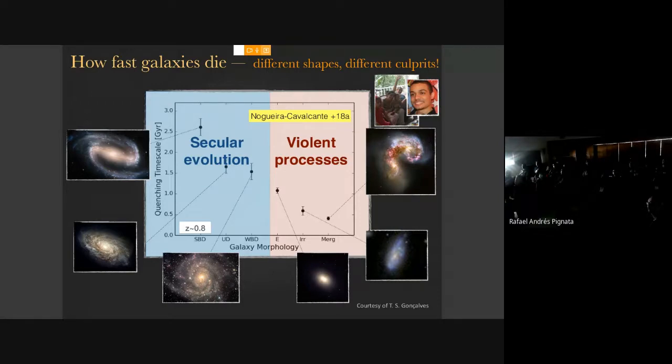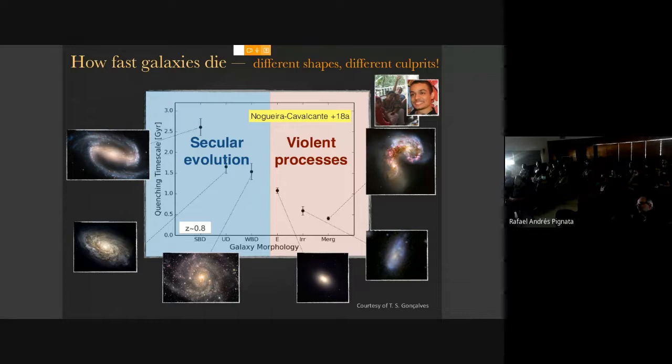This is just one of these results. This is work by João Nogueira Cavalcante. He was a PhD student of mine a few years ago. And basically, this is just galaxies at a given vertigo of 0.8. These pictures are merely to give you an idea of what kind of galaxies we're referring to here. He looked at the quenching timescales measured based on spectroscopic indices, which you'll hear about a little bit more in the next talk by Thiago. Looking at mergers and also elliptical galaxies, they have faster, shorter quenching timescales. So the star formation will use up all the gas much more quickly than the slowest ones around here, which are the strongly barred galaxies.